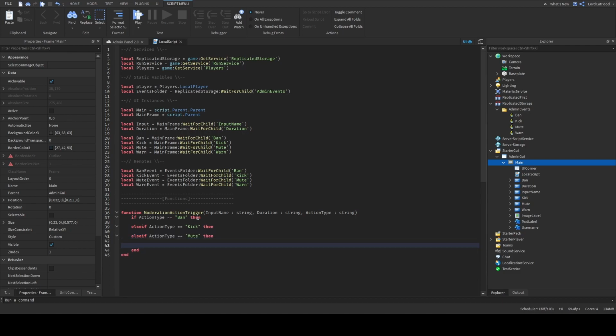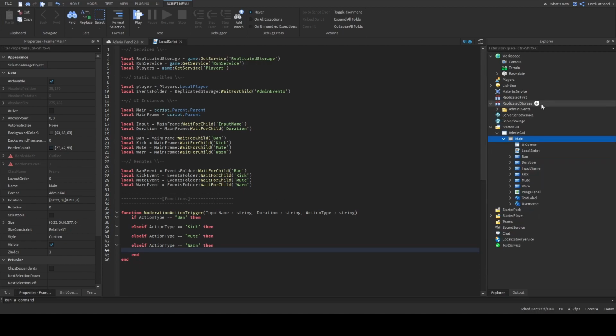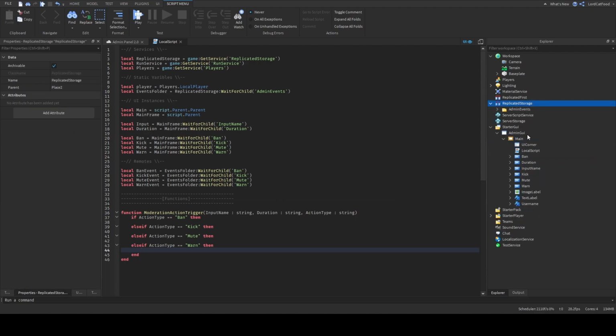Kick, else if action type equal to mute, and else if action type is equal to warn. Then,